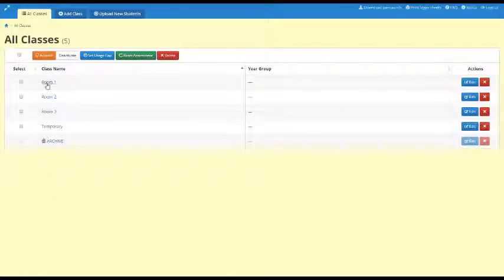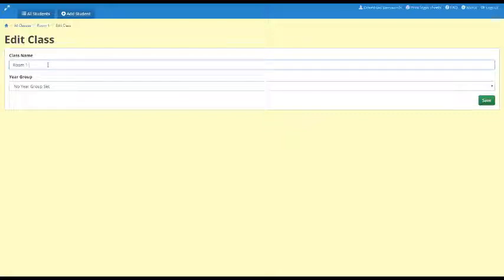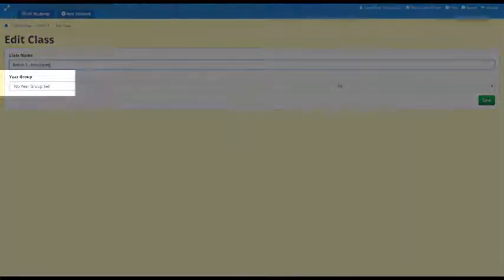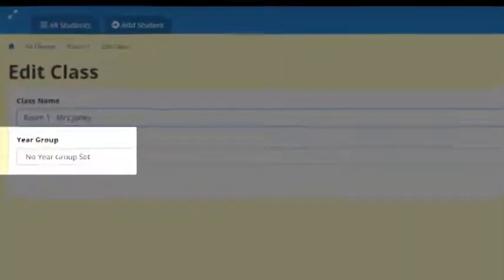Now update your class names. Include teacher names in the class names even if it is a hub with more than one teacher. This helps with monitoring students. If you have a composite class, it is important to select No Year Group Set so both levels show up